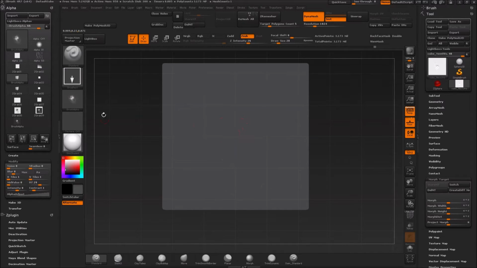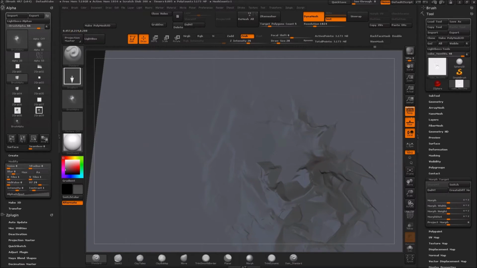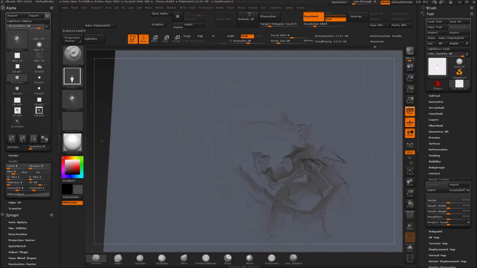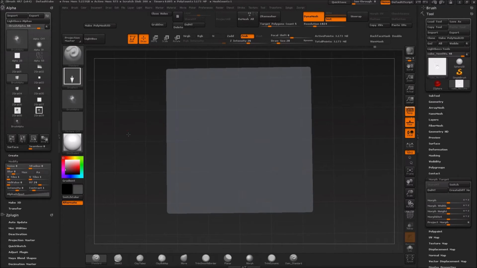Somewhat like that maybe. And you can see it's changing over here. So when we drag it out now, we got rid of the borders. So that's a good way of usually getting rid of the last little bit of border that might be hanging on. So in order to get a brush out of this,